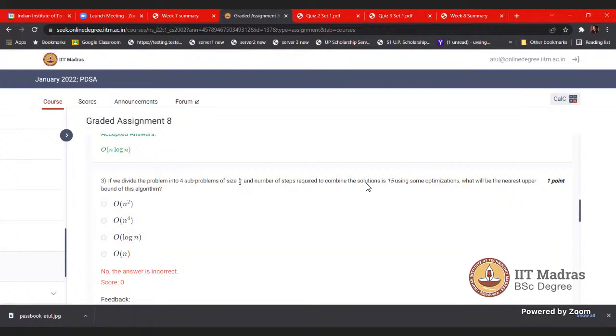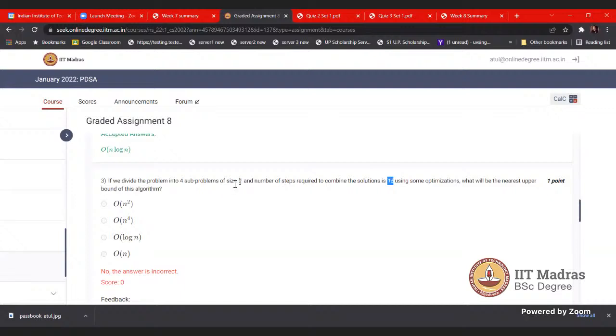So the combine cost is a fixed value, 15. This is the constant value actually given, and we are dividing the problem into 4 subproblems of size n